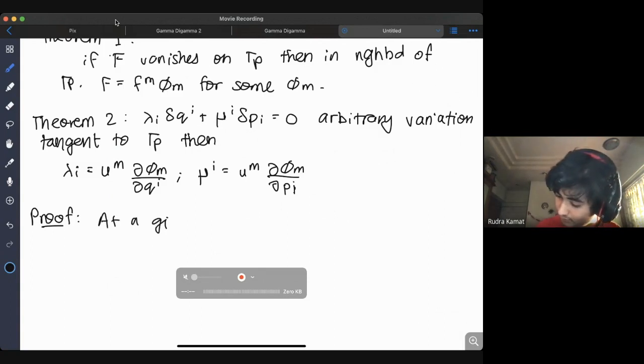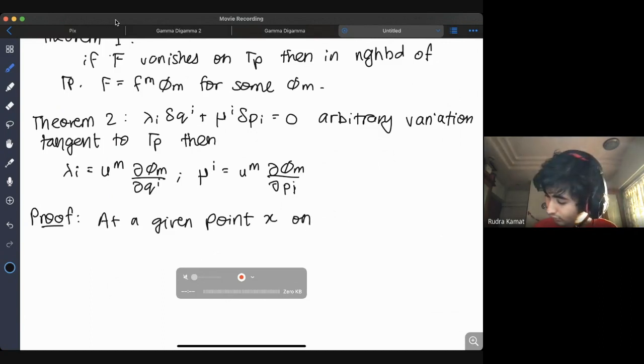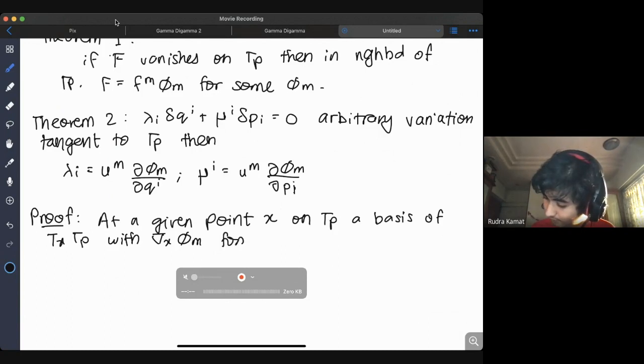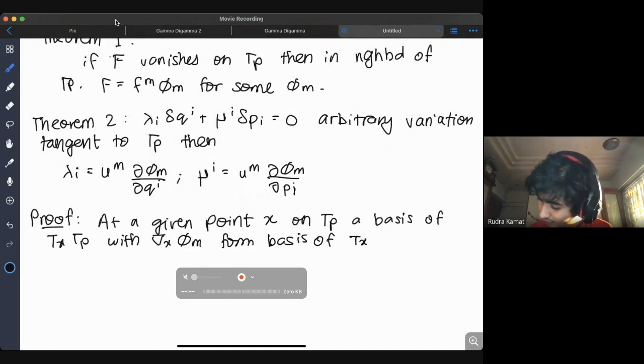At a given point x on gamma sub p, a basis of the tangent space, T_x gamma sub p, with the gradients at x of phi m, form a basis of T_x of gamma, which is the entire phase space,